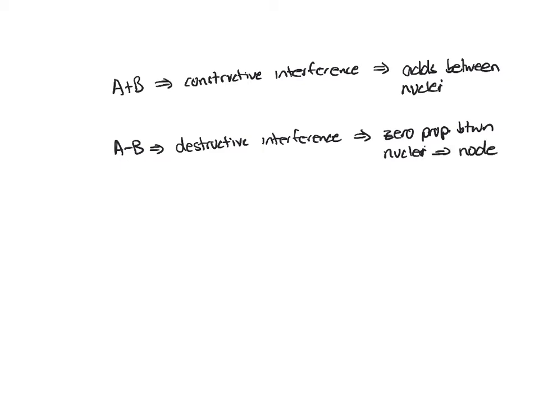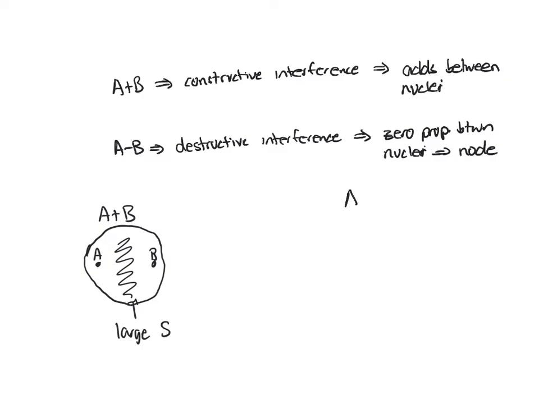So we have the possibility of our A plus B having extra probability between the nuclei, so large overlap,